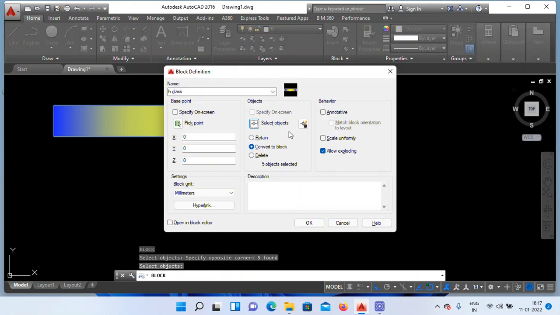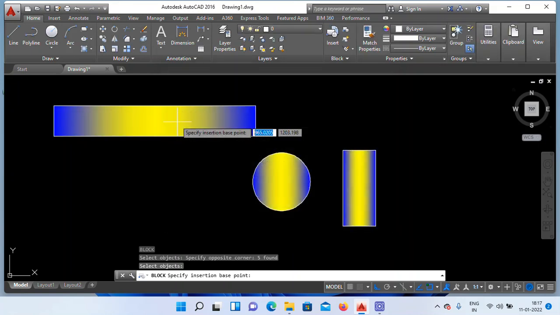Next, click on Pick Point. Here, pick a point on the glass. Click at the edge of the glass.